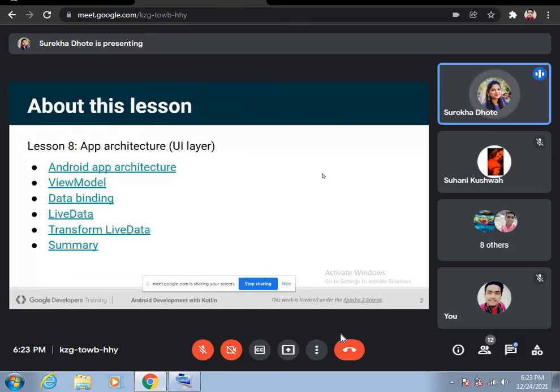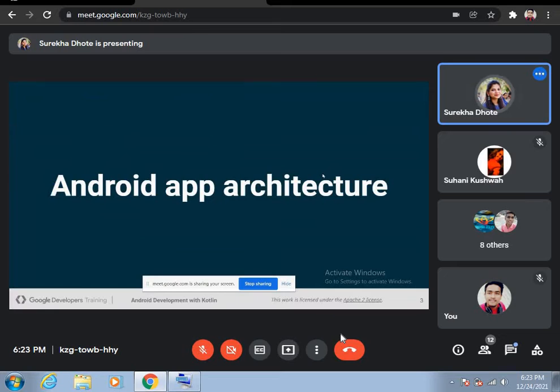In this lesson, we will discuss what Android app architecture is, what is view model, what is data binding, what is live data, transform live data, and a bit of summary of all this.